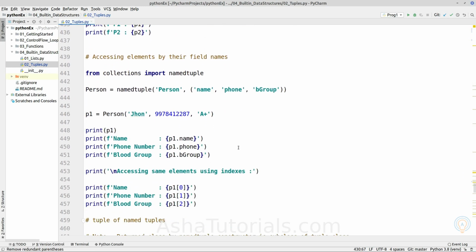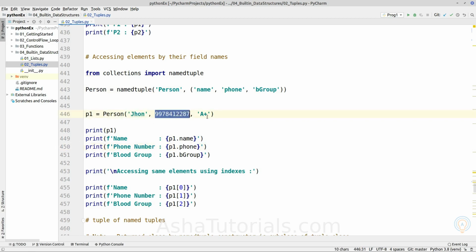Next topic is, as the namedtuple object is named data, we can access it using the given field name. We have constructed a person object out of a Person class created by the namedtuple constructor. If we print p1.name, which is the name of a field, it will return this name.